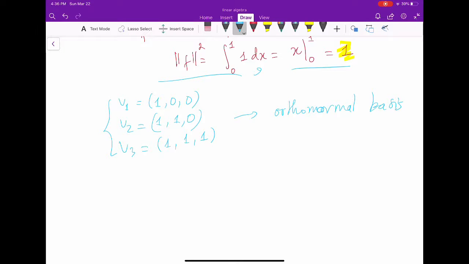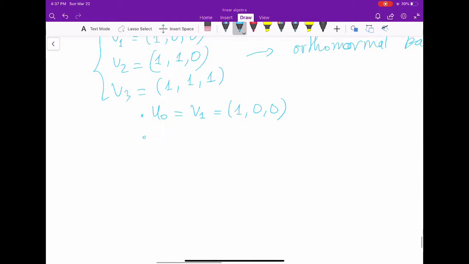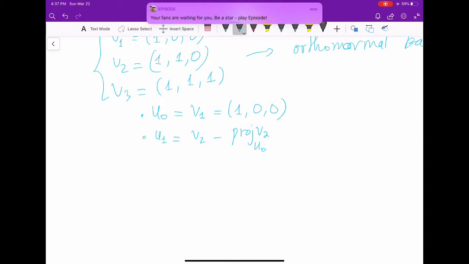I want to get an orthonormal basis. And of course, these three vectors form a basis because they are linearly independent. If you put them together, you get a triangular matrix right away. The rank is equal to 3. So I'll fix U0, that is V1, which is 1, 0, 0. And then I will have U1 as V2 minus the orthogonal projection of V2 onto U0. So that is 1, 1, 0